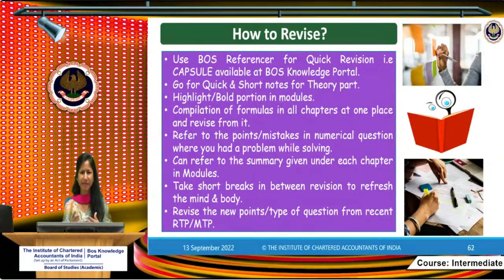First practice from the material, RTPs, then attempt the mock test, and the mock test to be attempted only in the examination manner. Give proper three hours in a separate room, closed doors, no disturbance. Take one glass of water or a water bottle with you, and like you would be attempting questions in the examination hall, that way attempt any subject mock test paper. So the sequence should be practicing from study material or any other reference material you can have. Then you may go to the RTP, and if you want to practice or